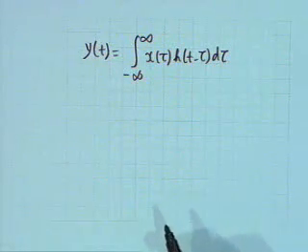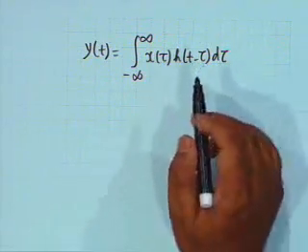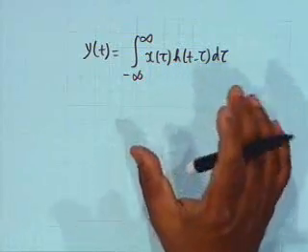You can of course evaluate this analytically if x of t and h of t are given analytically, but most of the time it is more instructive to evaluate this graphically,